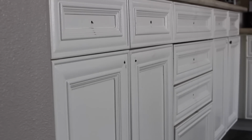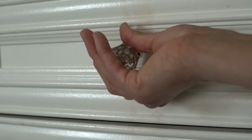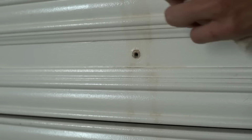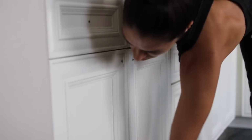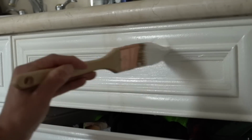After handling the mess up top, I started focusing down below on the cupboards and what was in the drawers and all the things. I started by trying to magic erase the crap out of these cupboards because I did not want to paint them, but I had a lot of stains that I could not avoid, so I removed my old hardware and I started painting what I thought was the same color, and it ended up being a